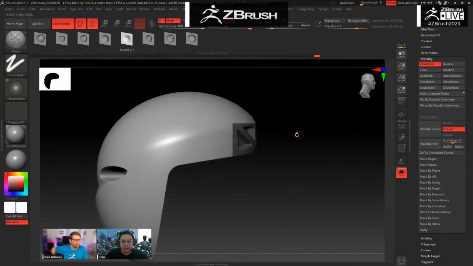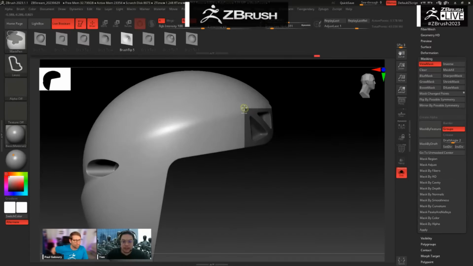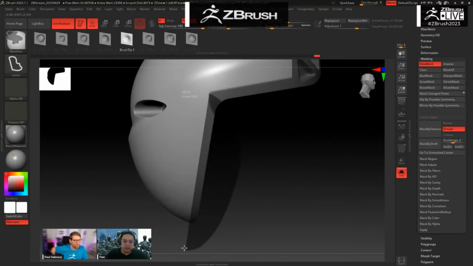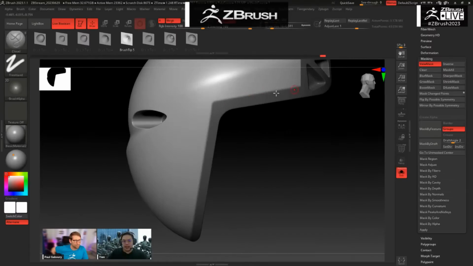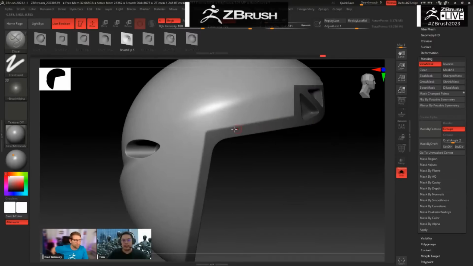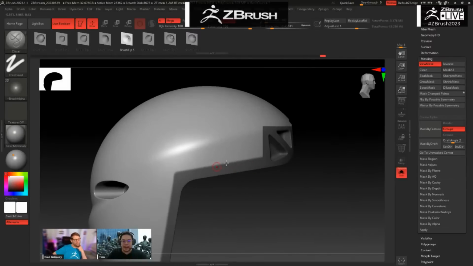I use lasso because it's faster for me. I can just drag. So now there's another problem. This line here is the same as this line, and it doesn't give you any other information. So I'm trying to stay away from this by adding more detail on this line. Say for example, if I make it look like this,